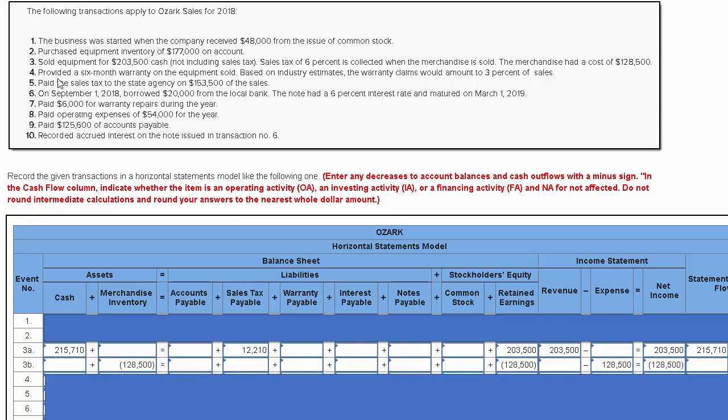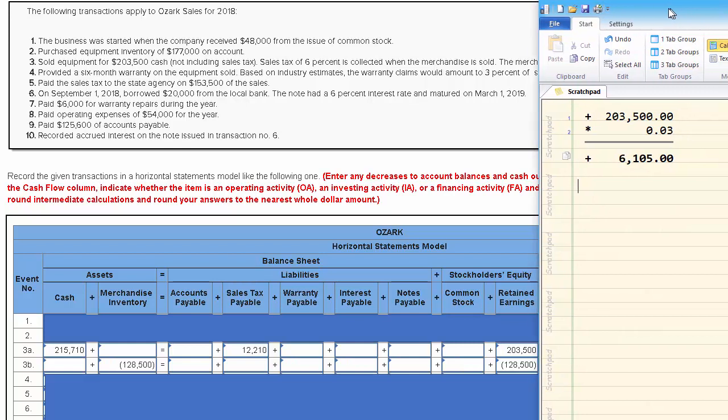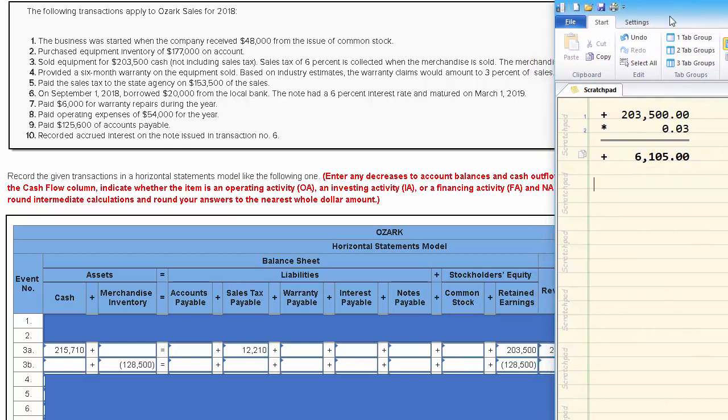Okay, now let's look at transaction 4 as well. 4 says we provided a 6-month warranty on the equipment sold. Based on industry estimates, the warranty claims would amount to 3% of sales. So if I bring my scratch pad over again, if we take the $203,500 of sales, that's what we had